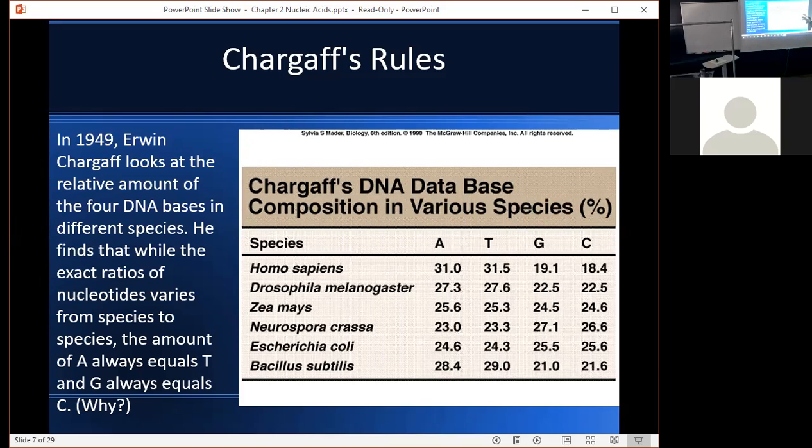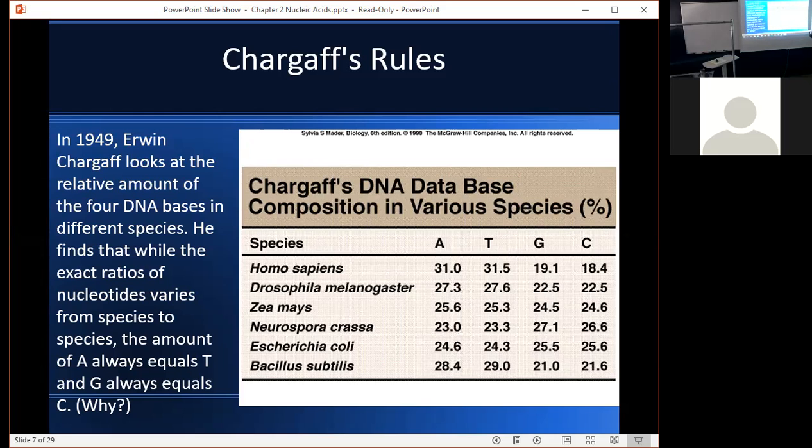And we can see there's different amounts of the 4 bases, but if we look at just 2 bases, let's look at Homo sapiens, A and T, 31.5%, G and C, 19.1, 18.4, about the same. Fruit flies, Drosophila, 27.3, 27.6, so about the same amount of A and T, exactly the same amount of G and C. And as we go through all the different species,